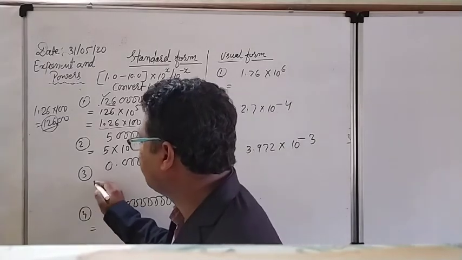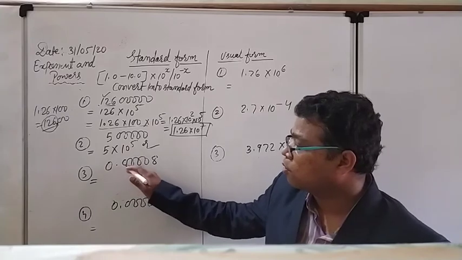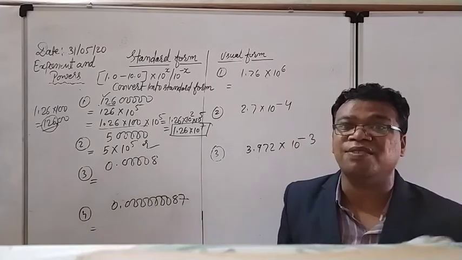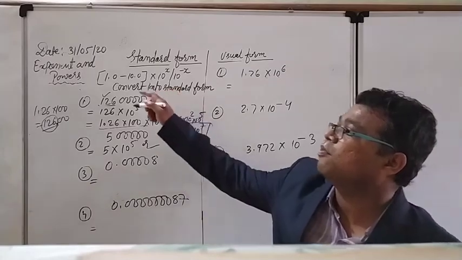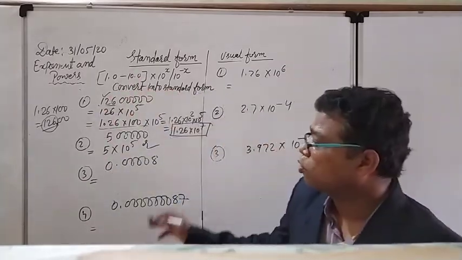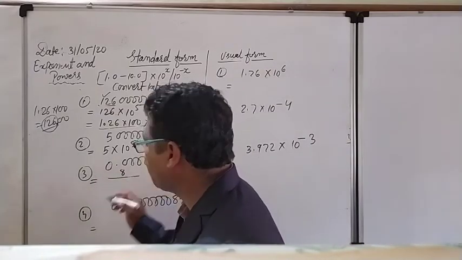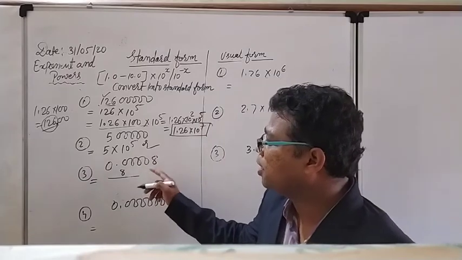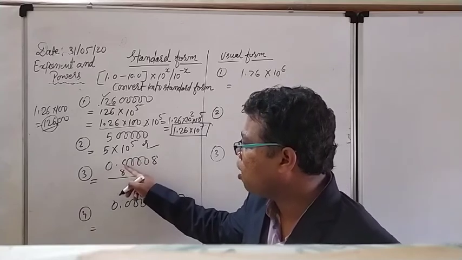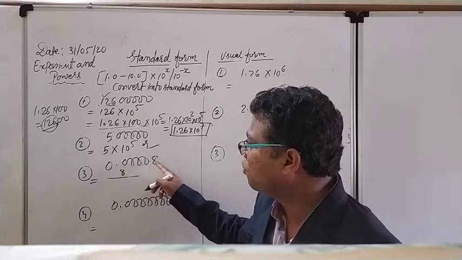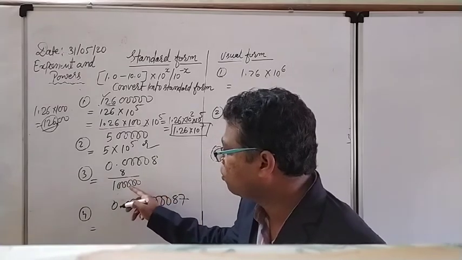In the third question, it is a little typical, because the number given to me is very small, 0.00008. But the range given to me is 1.0 till 10.0. So to get into that range, see the things, it can be written as 8 upon 1 followed by zeros. After the point, how many digits are coming? 1 2 3 4 5. So after the 1, how many zeros do I have to add? 1 2 3 4 5.